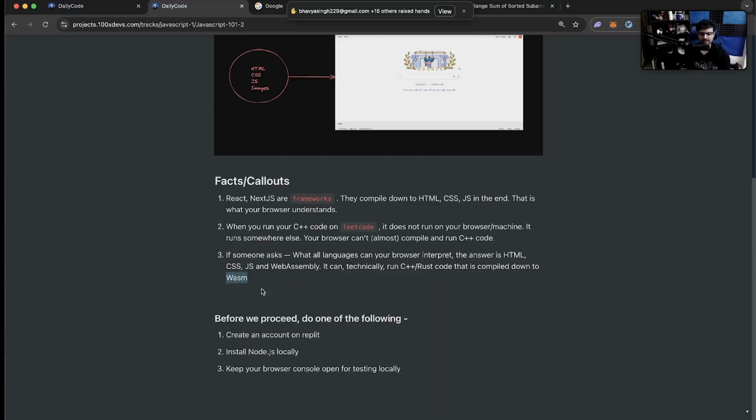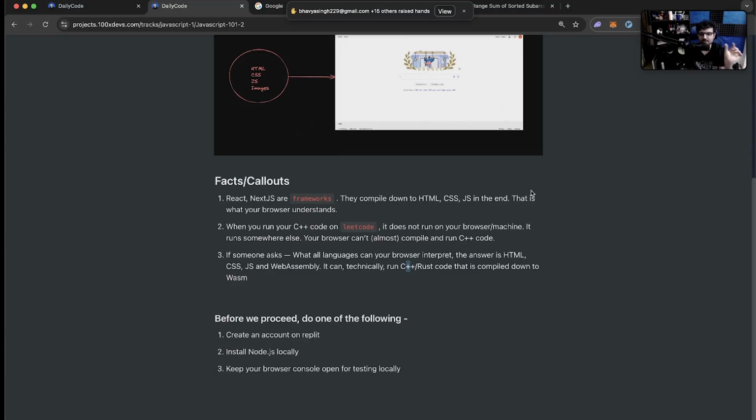Okay. What is WebAssembly? It is just another target for your C++ program. What is a target? We'll come into it in the next slide. But basically you can compile your C++ code into WebAssembly. Your browser can understand WebAssembly. As the name suggests, WebAssembly is assembly code that can run on the web. So your C++ can be converted into assembly code that can run on the web.